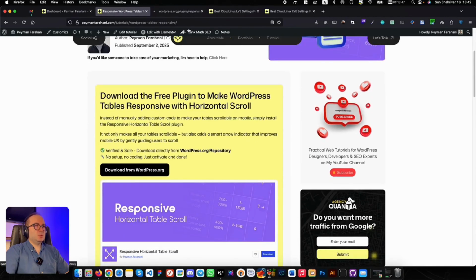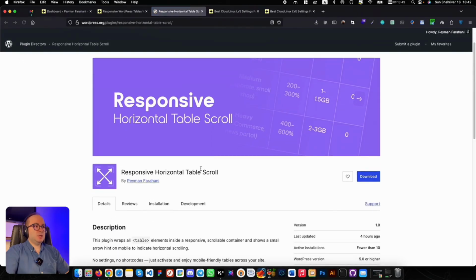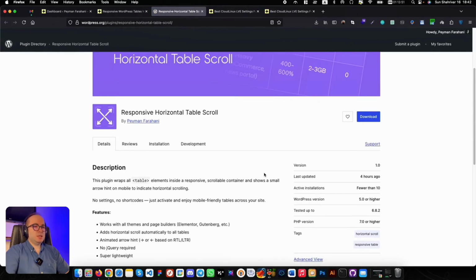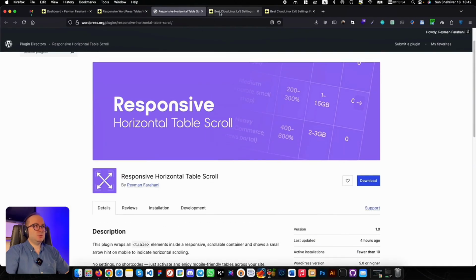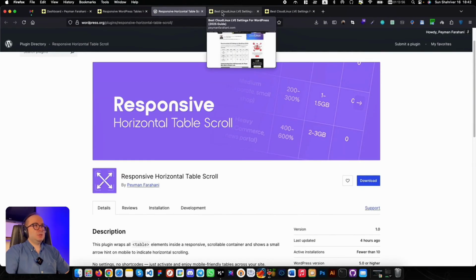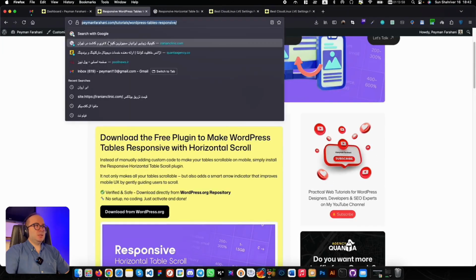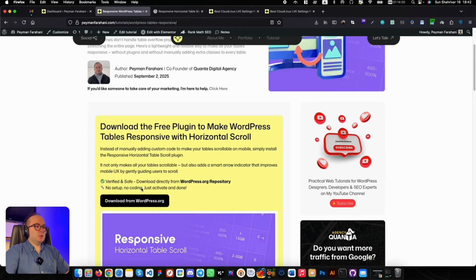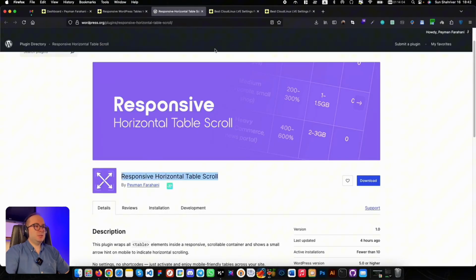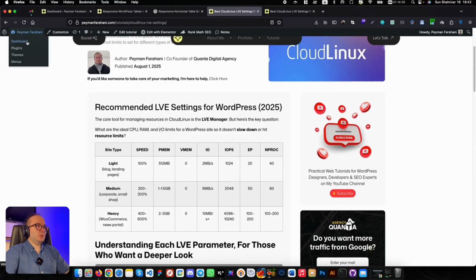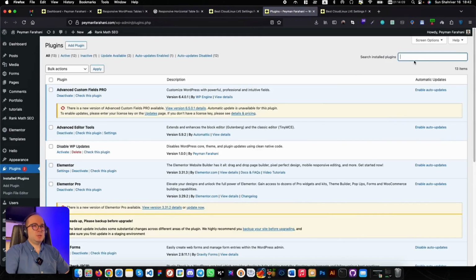I have in fact already prepared this plugin, and it has been officially approved within the WordPress repository. Therefore, you can very easily download and use it on your own website to enable this highly beneficial scroll feature. I will make sure to provide the direct link to this page and the plugin itself for your convenience. All you essentially need to do is navigate to the plugin section of your website, and from there,